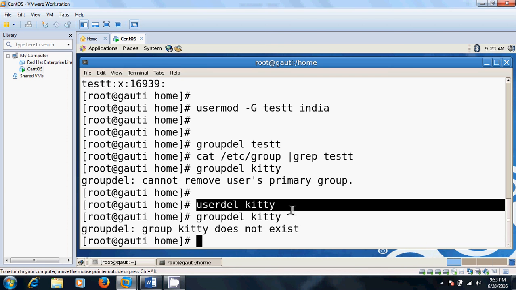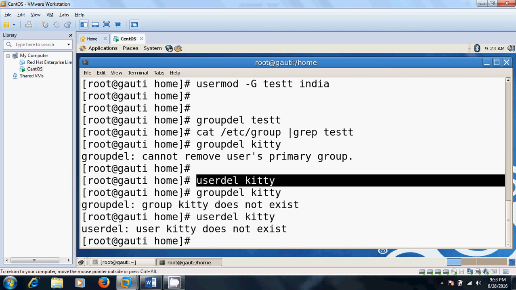Okay, now you have to use userdel for the other user too, and it doesn't exist. Now groupdel.